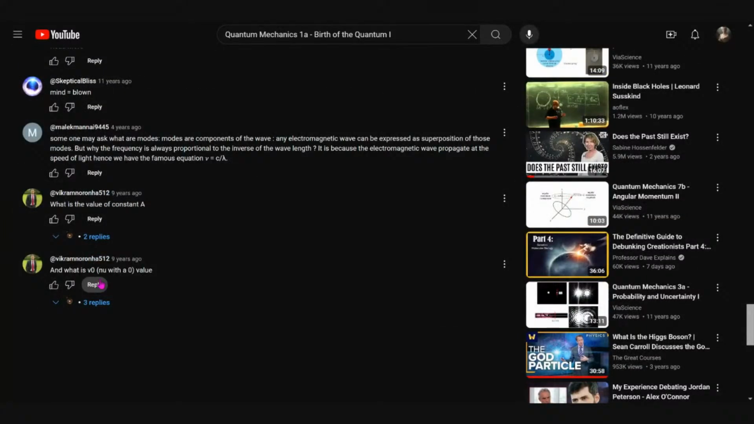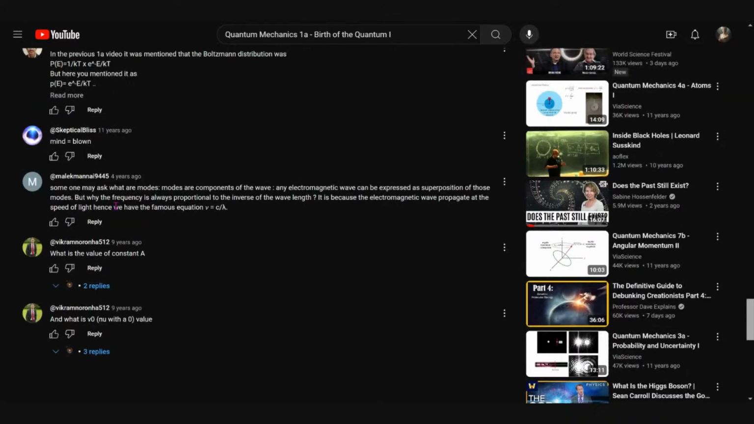Let's see. And what is new with a zero value? What is the value of constant A? Someone may ask, what are modes? Modes are components of the wave. Any electromagnetic wave can be expressed as superposition of those modes, but why the frequency is always proportional to the inverse of the wavelength? It is because the electromagnetic wave propagates at the speed of light, hence we have, I don't know,